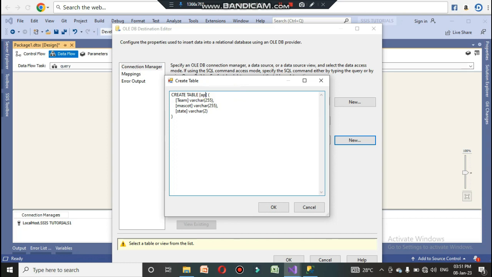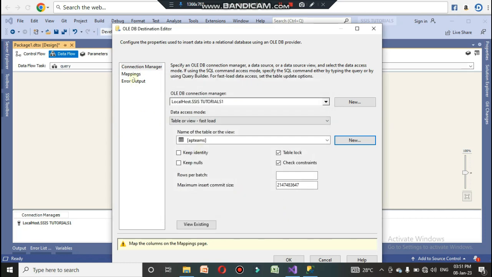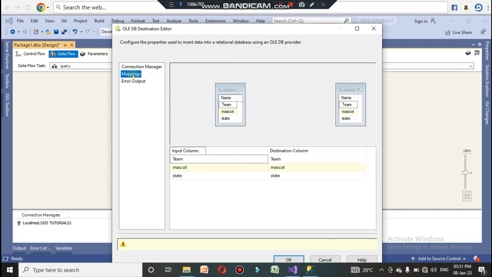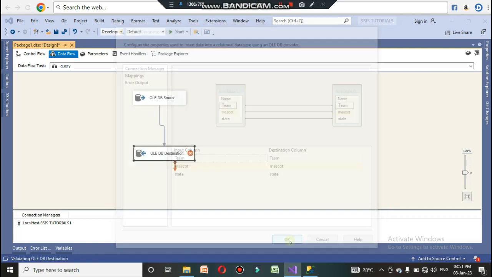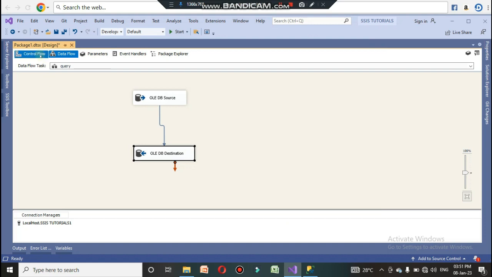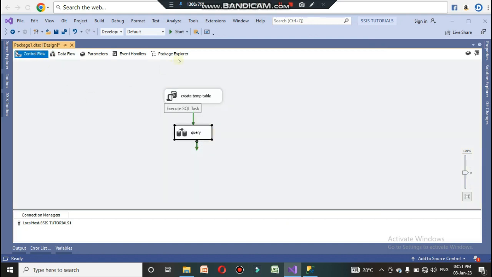So AP state or AP teams I am going to give it as the name. Click OK. So click on the mappings, so mapped properly, and click OK. Now if we execute this one,